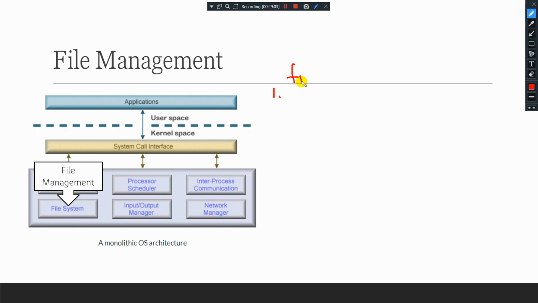So first it can create, and it can also delete a particular file. Then it can map the files onto the secondary storage device. And it can also create and delete a directory.